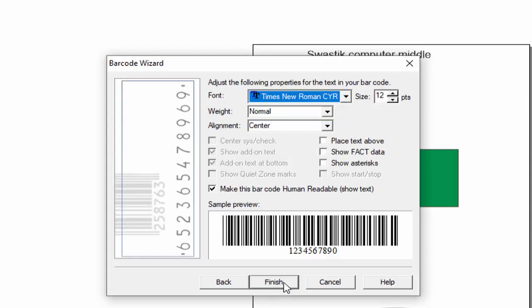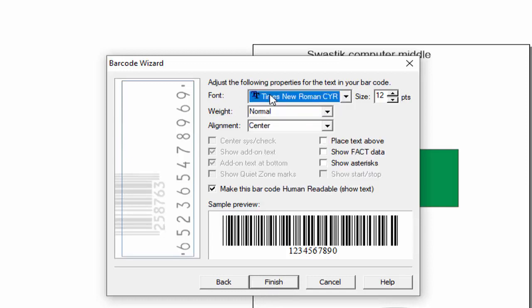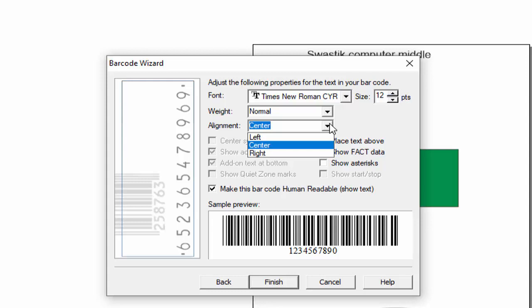You will find new options here. You can set the font from here, Arial, Times Roman, or bold italic, and then align the text, meaning the numbers you have entered, like the 39 numbers we have typed. You can place them on the left side, center or right. Then click on finish.